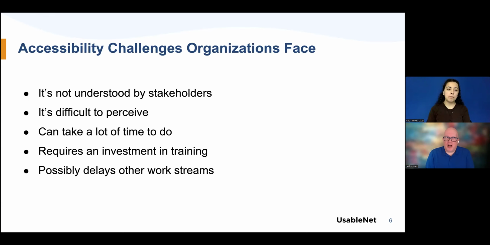The project manager and product owner, though, can also have a lot of input into the accessibility challenges. And this is a place for them to really be able to skill up to help other people understand what's going on. Accessibility, of course, can be very difficult for stakeholders to understand why it's important, what's involved in it, the impacts of not having an accessible site, the impact on the customer, as well as the legal landscape for the organization.